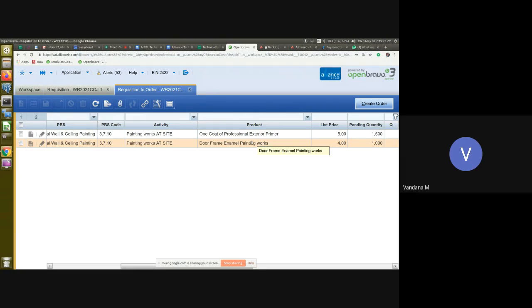No, Sayed. Against two requisitions, he's asking, can we club those two requisitions into one order? Yes, that is also possible. It will just populate over here, and then one more will be there. So we can club the two requests into one order, but the line items will be shown individually based on the requisition.